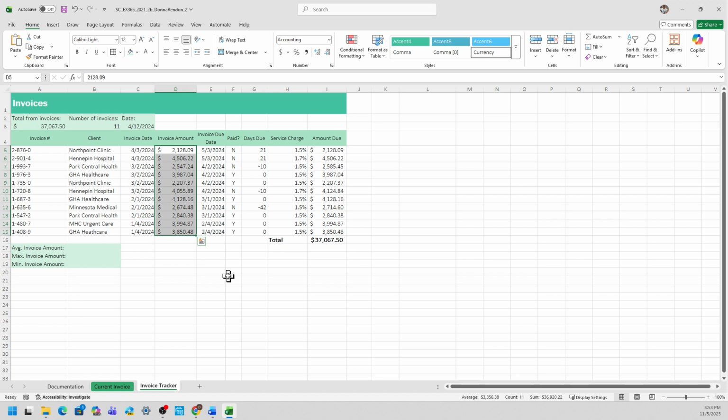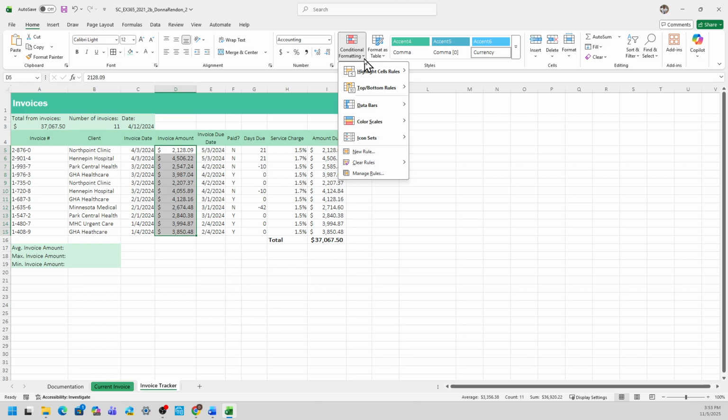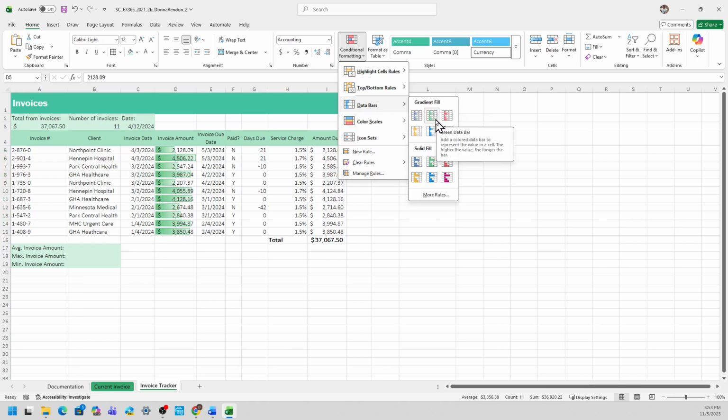And I believe it's the same range D5 to D15. And then from the Home tab, select conditional formatting. And this time we need the data bars. Okay, select data bars, go to the right. And then I need the green data bar, which is here in the middle, and the gradient fill.